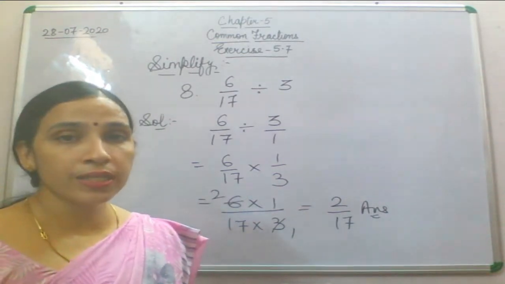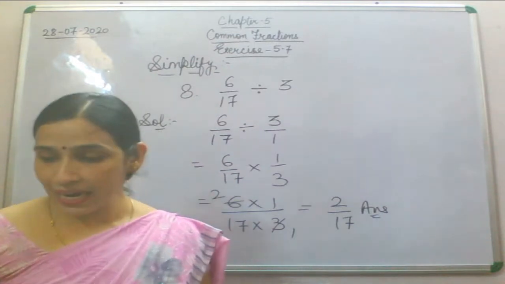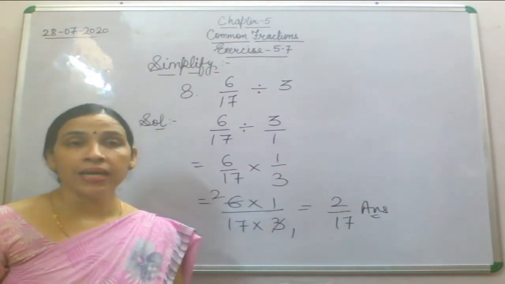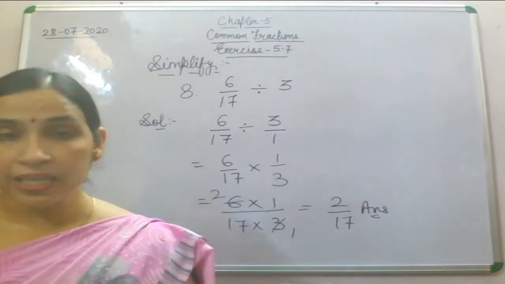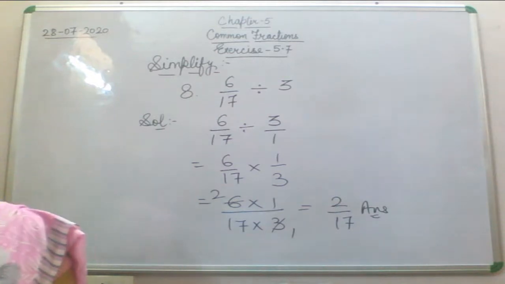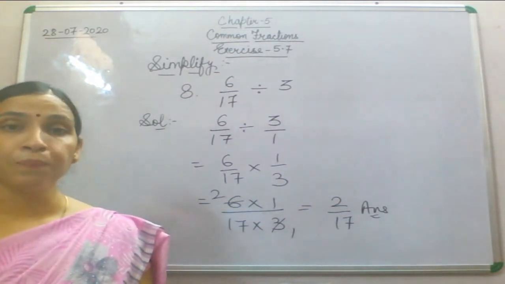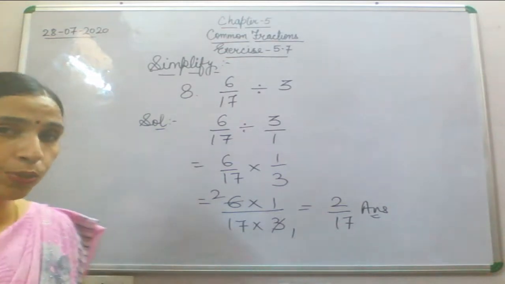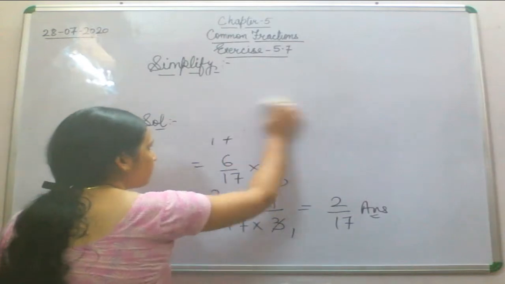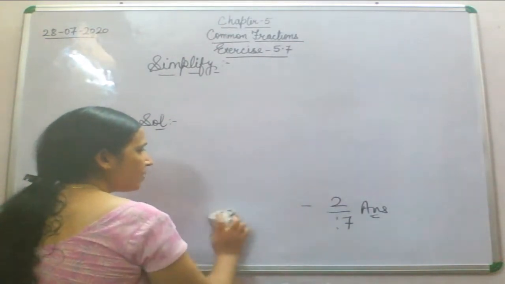Yes. So children, we have seen simplified questions till now, and we are left with the ninth question, that is 2 by 5 divided by 8. So let's finish that question also. Ninth one, that is 2 by 5, that will be divided by 8. That is again a simplified question only. So let's start with question number 9.